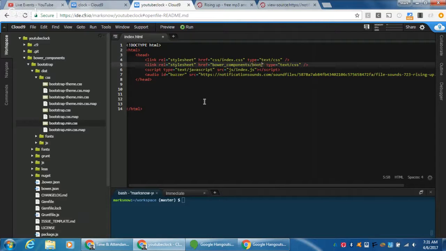And then I'm going into Bootstrap, and then I'm going into dist, and then I'm going into CSS, and then going into bootstrap. All right, if something is broken in your project, it's probably because you mistyped some of the stuff in here. It's bootstrap css